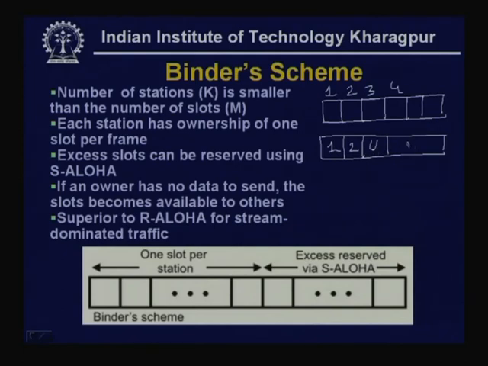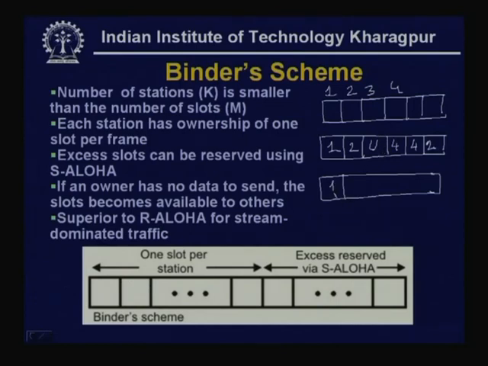So, it is unused, and say 4 sends here. Now, if station 4 has got more data to send, it may send here by sending data using the slotted aloha, and say suppose station 2 also can send here. Now, in the next frame what can happen, since this is unutilized, a particular station may capture it by sending